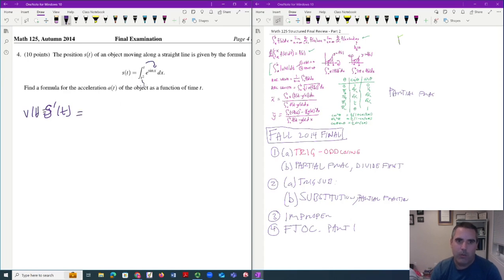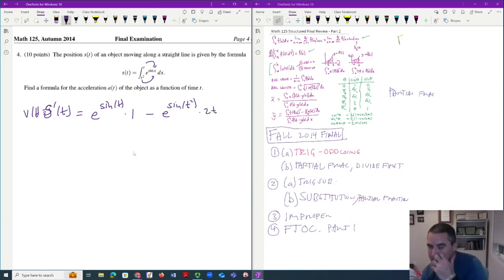We talked about what to do and how to adjust. And in the end, this is what we got. We plug this in. You multiply times the derivative of t, but it's just 1. You plug in the lower bound. You multiply by its derivative. So this is a question about the derivative of an integral. They're not actually integrating at all. In the end, that's what you get, but the question wanted the acceleration, so you got to take the derivative